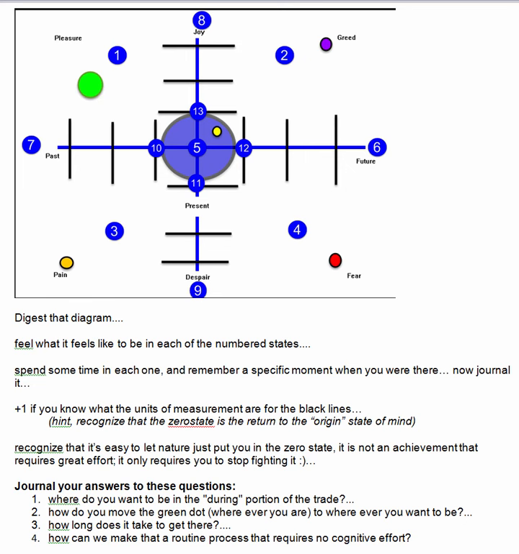I want you to consider the diagram for a moment, and I want you to recognize two axes. The x-axis is a time axis going from past to present to future, with three gradations on either side of the present, so 3 layers. And then an emotional axis on the y-axis that ranges from despair to neutral to joy.